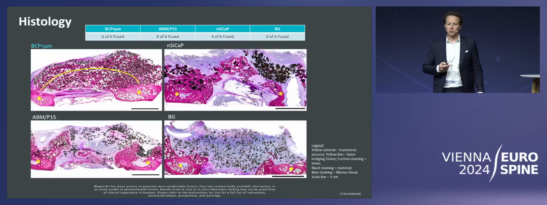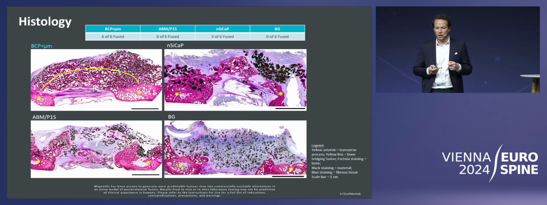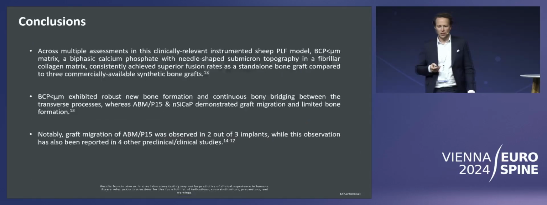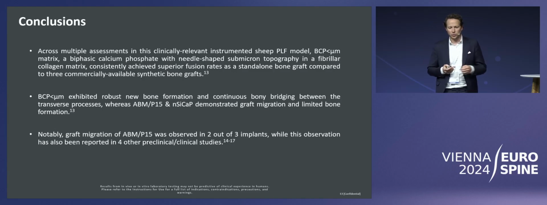And as you can see in the table at the top, there was 100% fusion for the osteoinductive calcium phosphate, and then the putty and bioglass-based groups had a 0% fusion rate, and the silicated calcium phosphate had a 50% fusion rate. So, conclusions across multiple assessments in this clinically relevant preclinical PLF model, we determined that this osteoinductive calcium phosphate